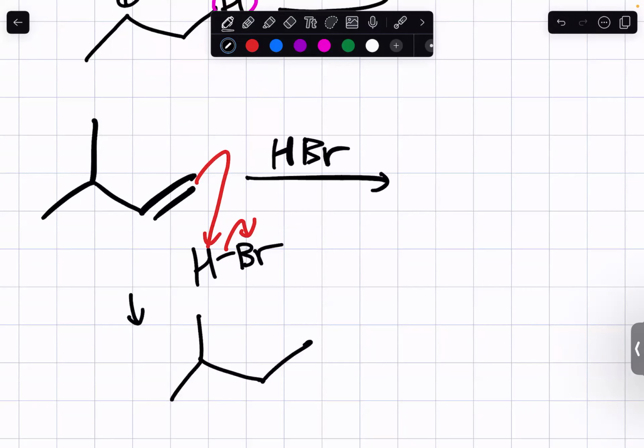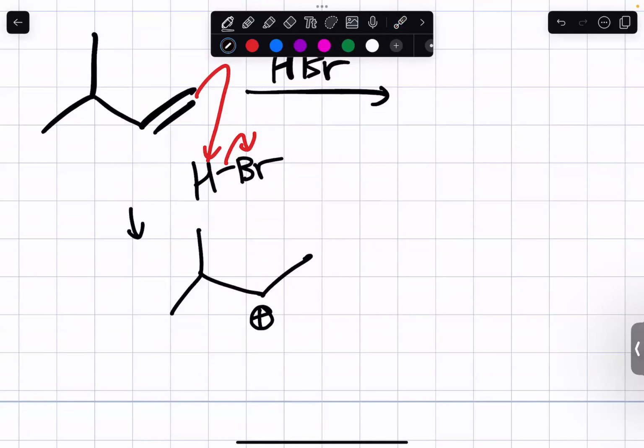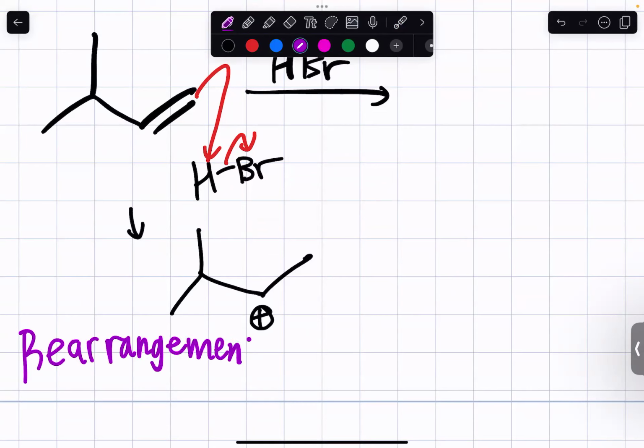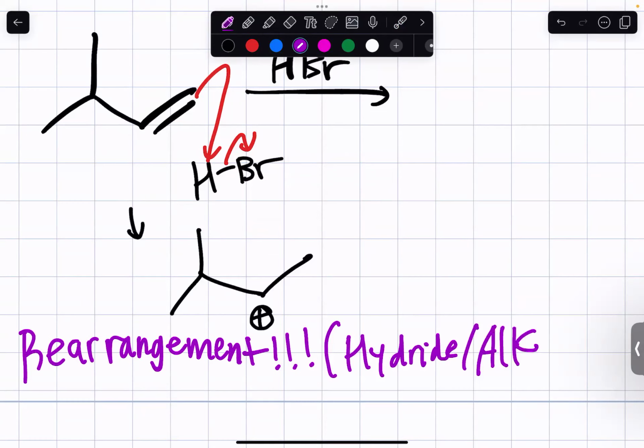Does this one do a hydride shift or a methyl shift? Right, because whenever you form a carbocation intermediate, always look out for rearrangement. You got it, that was the trick. That is why this is harder than the previous example. Rearrangement: it could be a hydride shift or an alkyl shift or methyl shift,